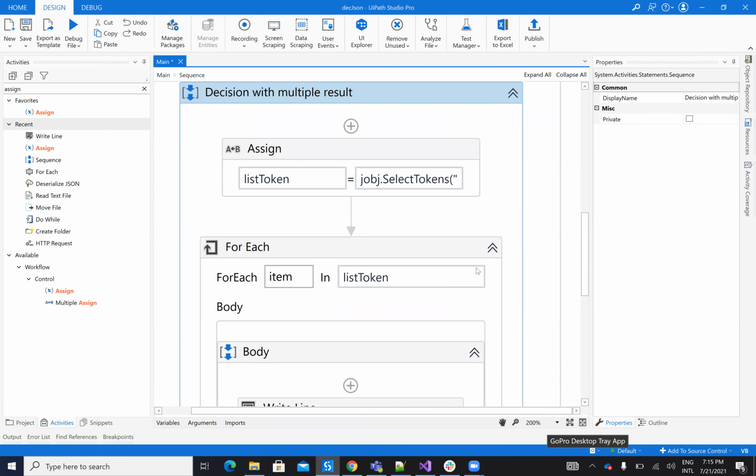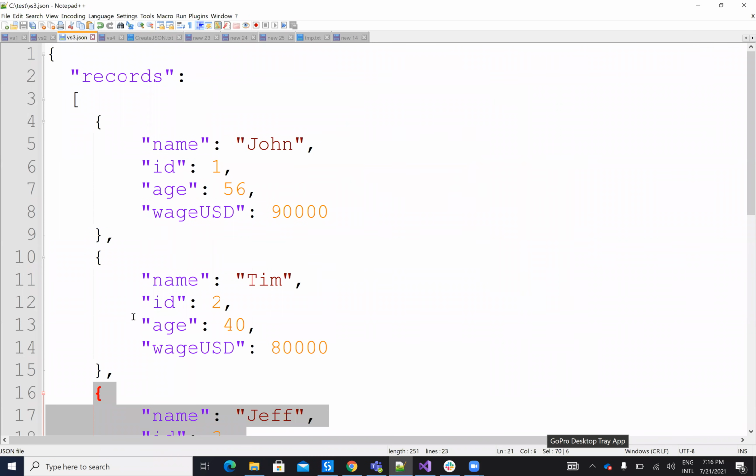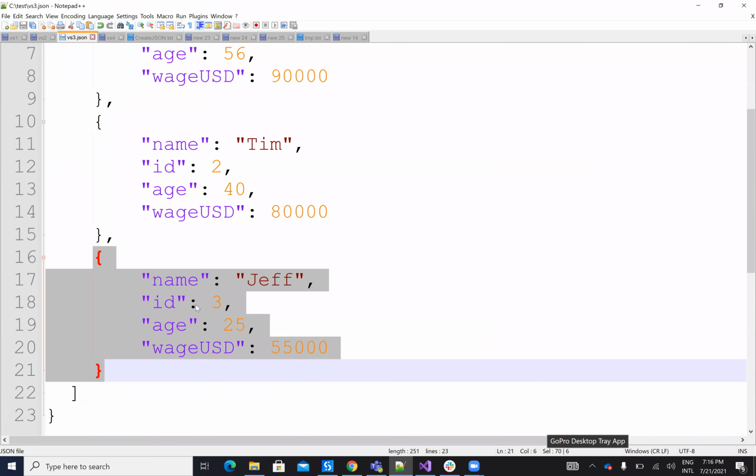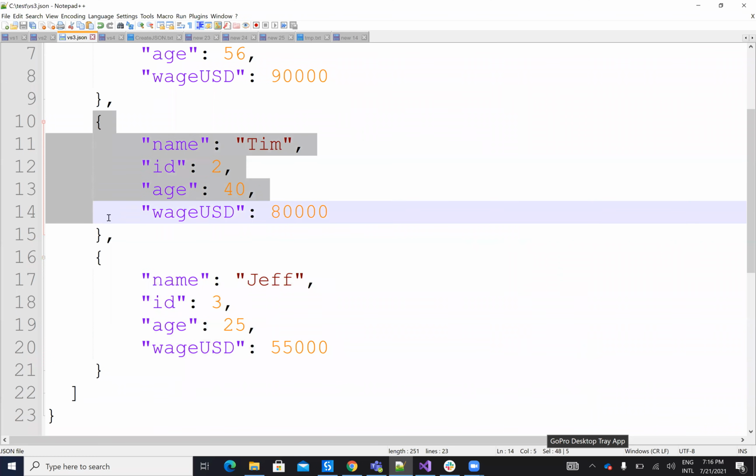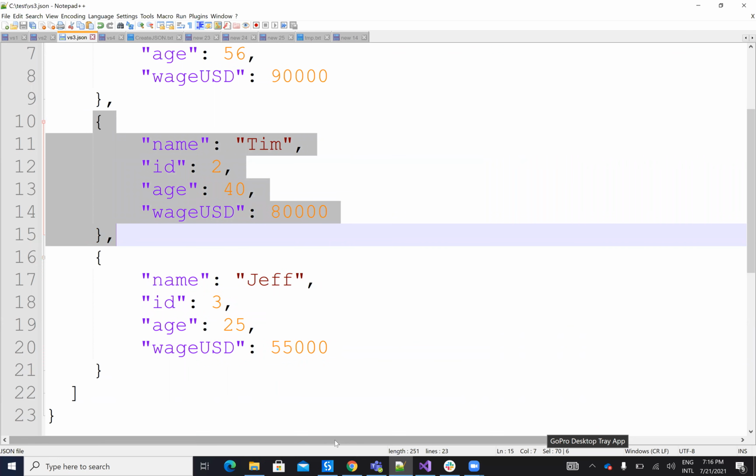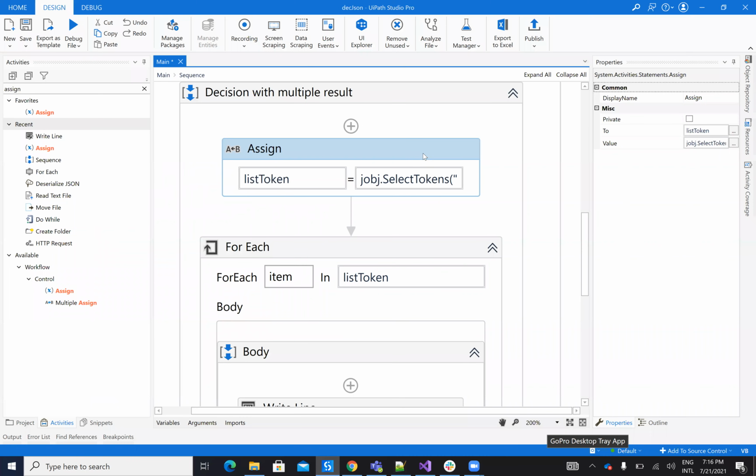On the next step, I want to return a list of tokens. So basically, my query will be on all these values, and I can receive multiple JTokens, multiple objects. And the condition now will be this one.